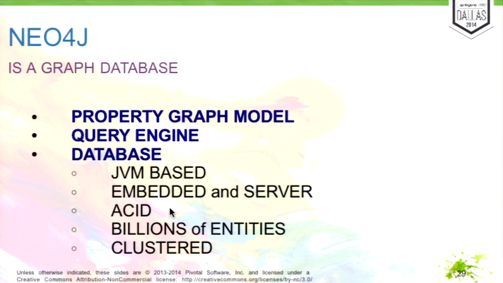Neo4j is a graph database. It's written in Java. We have been working on Neo4j for a while now, so it has been around for about 10 years now. It started initially as an embedded library, but then we developed a Neo4j server. We developed our own query language on top of that, and continued to improve the database itself.